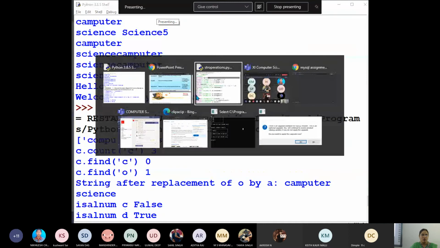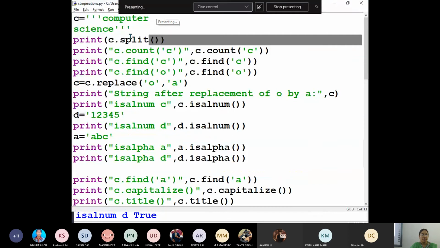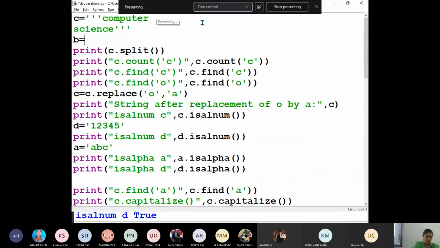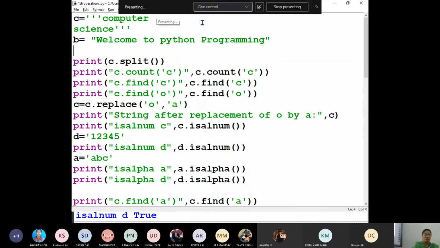I will give you one more here. So let me give you B is equal to welcome to Python programming. Okay, so here B dot partition up to Python.